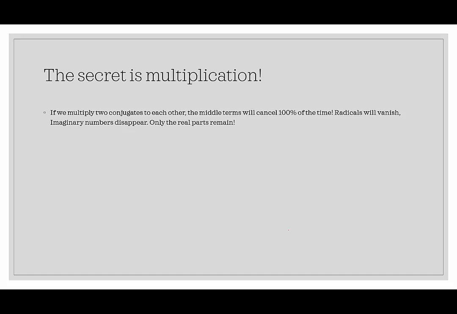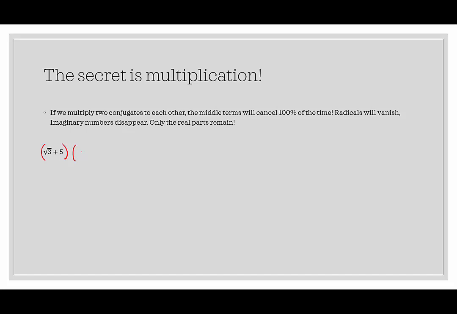Hooray! The radicals will vanish. The imaginary numbers will disappear. Only the real parts remain. So for example, what we're going to do is multiply this by its conjugate, and then we're going to see what we get. So if we take this and multiply it by its conjugate, we should end up with some real